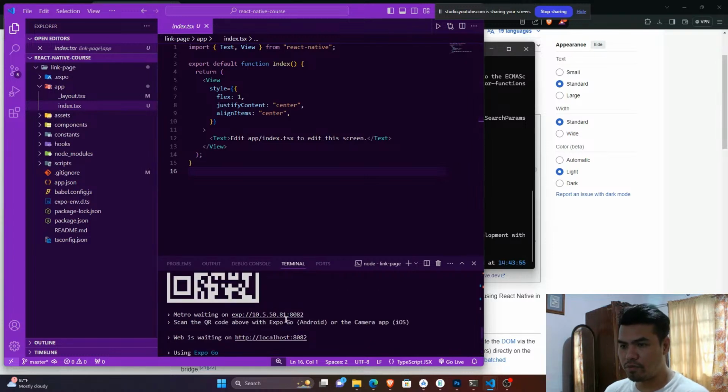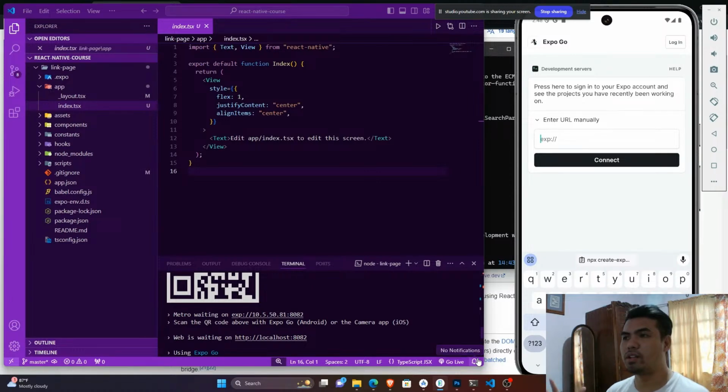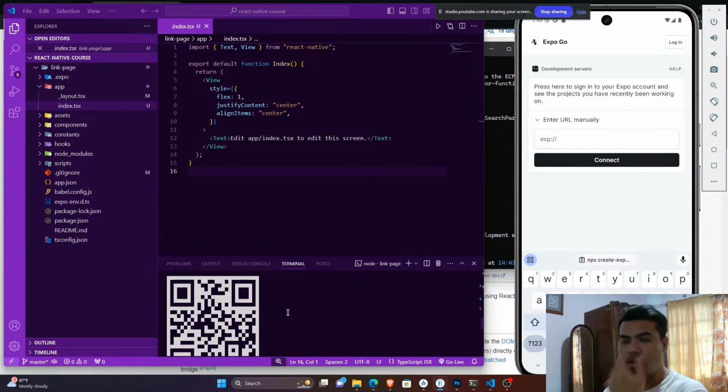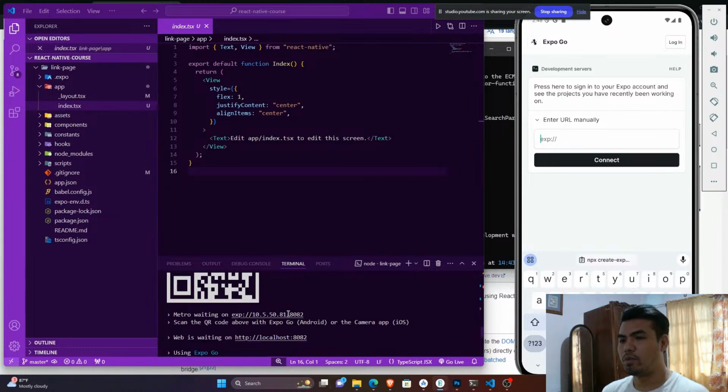And then, as you can see in here, we have a localhost 8082. So we can use this one in our website, or we can use our Android SDK or virtual device manager, where you can use the phone in the computer. You can also use your phone here by scanning this QR code, and you have to install the Expo app inside your phone, and then scan the QR code, and then it's going to run in your cell phone. So that's how it works, but it takes time, and since I am using